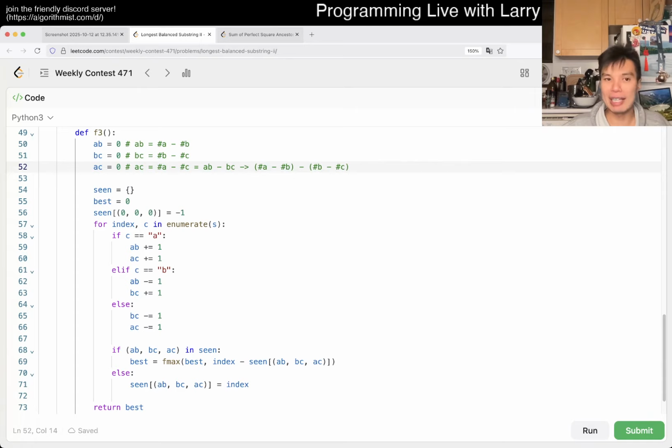And that's basically the idea, right? Is that now it's the same prefix sum idea that I showed you, but in another dimension. It's hard to kind of draw it. But okay, if you ignore AC, then you only have 2 dimensions. Maybe that's a little bit easier. But the idea is still the same, which is that